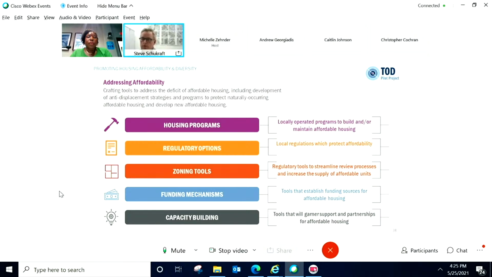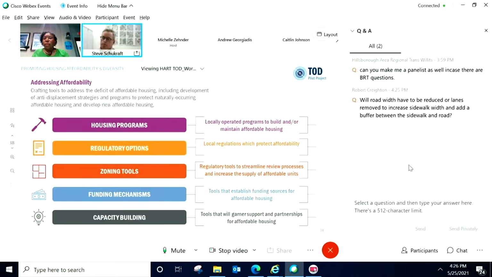We're developing a range of tools to address affordability, and we're organizing those by these 5 categories. There's the specific housing programs, so programs to build or maintain affordable housing, regulatory options to protect existing affordability, zoning tools to help promote the delivery of new affordable units, so to increase that supply with potential specific targeted benefits to projects that are affordable to different levels of income.